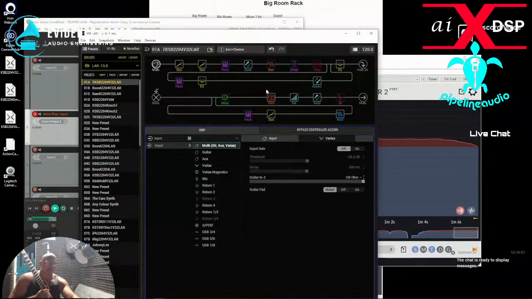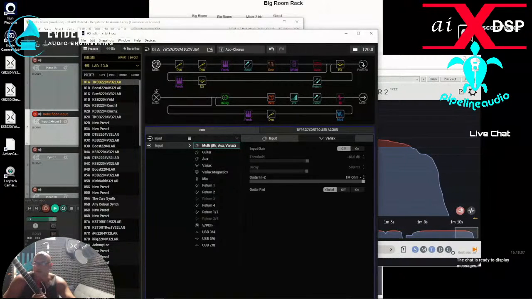Still think that acoustic's probably too loud, but this is fine for what I'm trying to do, and everything's leveled. I'm going to be back after